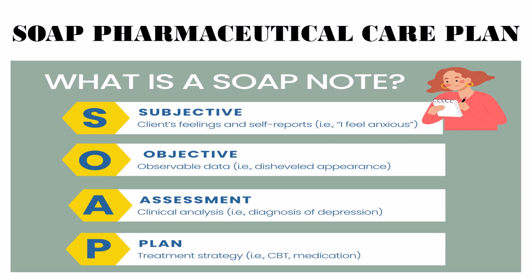The last one is plan. The treatment not only includes the medication, it also includes patient education, patient monitoring, patient follow-up, lifestyle changes, and if any aggravating factors have to be avoided, all the counseling things will come in this. So it's not only the treatment, it's treatment and management, including the monitoring also.